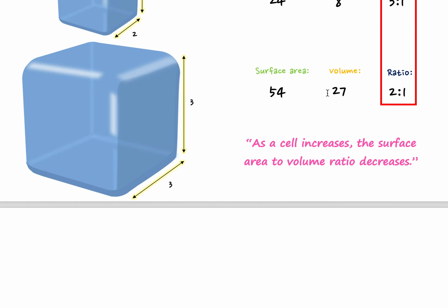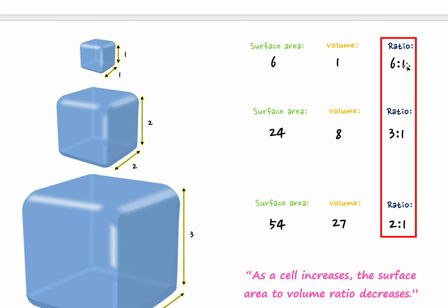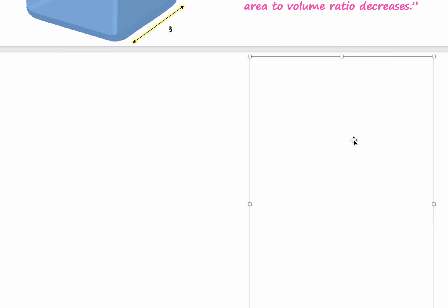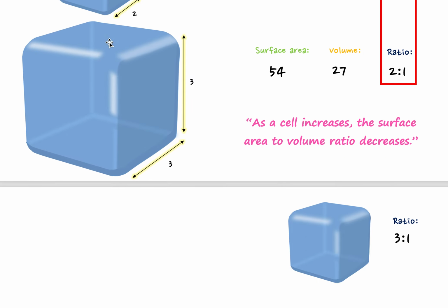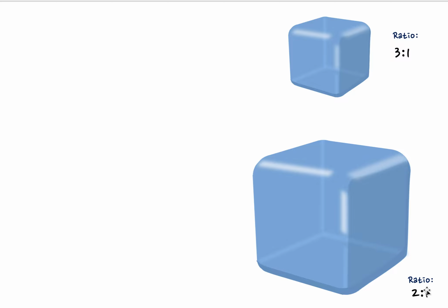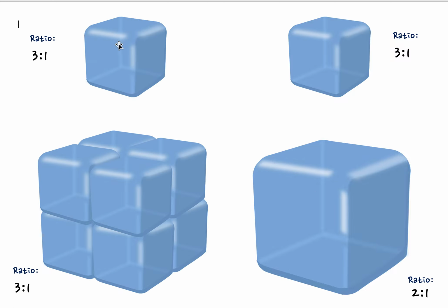Oh yeah, also, I have a cool diagram here showing why this happens. So maybe you're confused thinking, why does this ratio decrease? Why does it make sense? Why when this cell becomes this size does this happen? Why does the ratio not stay the same? Let me show you why. We have this original one, the middle cell, and we increase it in size, but the ratio gets smaller. But if we took this cell, multiplied it by 8 to get the same size as the second cell, but instead it's made up of exact duplicates of the original one, then the ratio would be